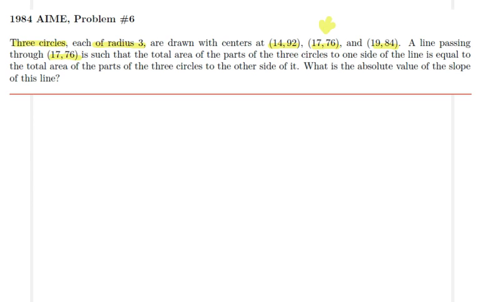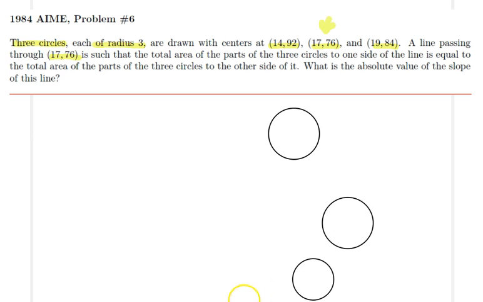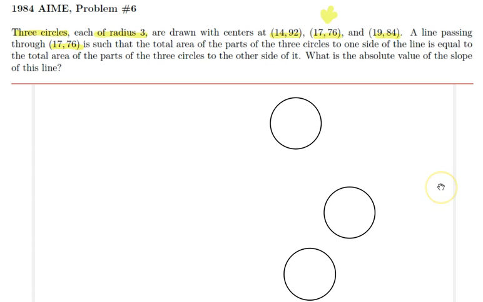So what I have in mind is, let's first start by drawing the 3 circles. I will have probably one circle right here. Now I'll have another one here, and I know they have the same radii, and then that's the last one, so probably like this. Okay, good. So we have our 3 circles. So what I know is that the centers of these 3 circles are